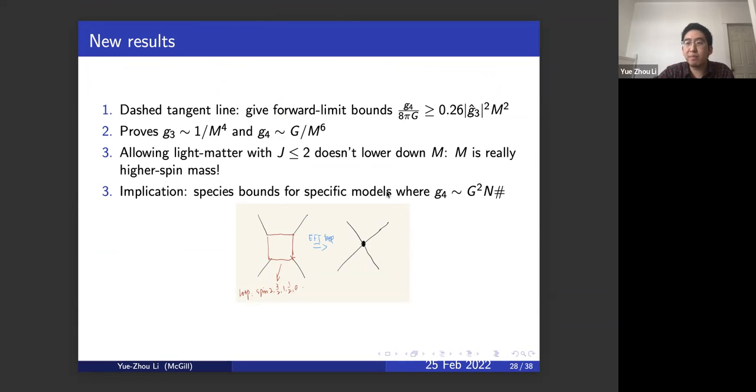And also, from this example, we can see we actually prove that G3 goes like 1 over M to the 4th, and G4 goes like G over M to the 6th. We don't make any guess. We don't make any assumption about the scaling, but we just derive the scaling from minimal assumptions of causality, unitarity,